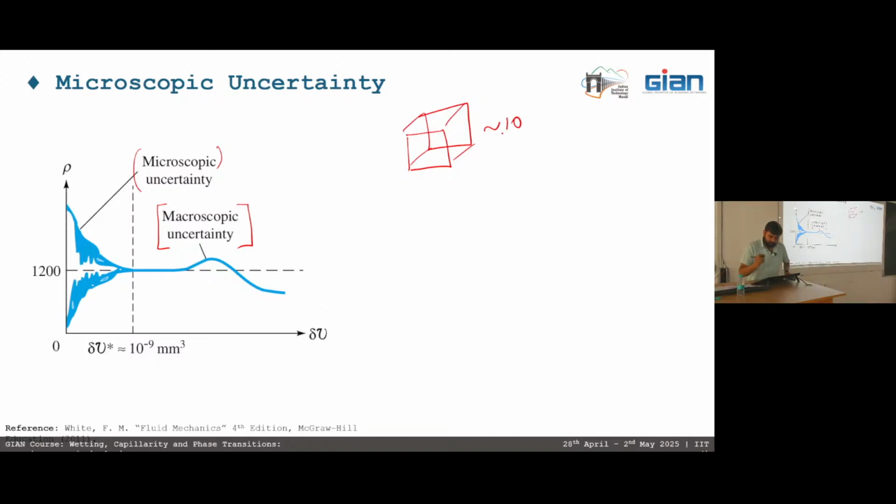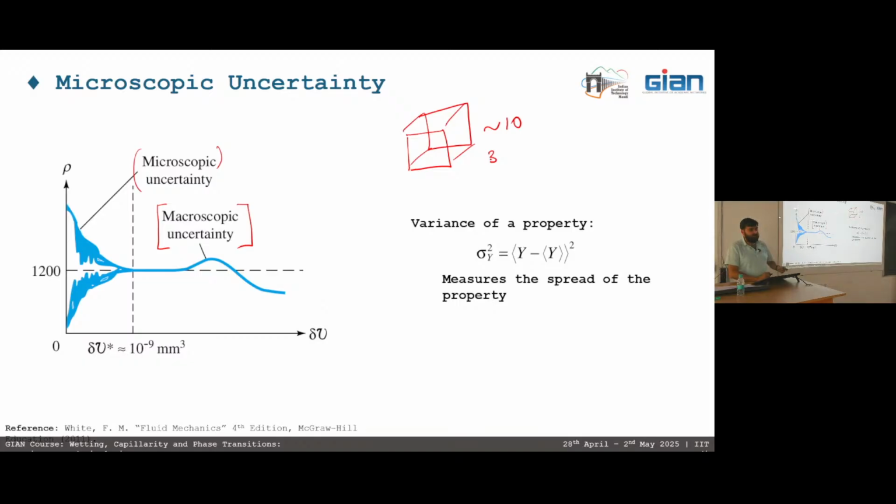So a fluctuation can occur where at any given time, 3 molecules leave this space and only 1 enters this controlled volume. So it means that there is a fluctuation of around 20% in the properties. That fluctuation is really high in such cases. To define the fluctuations in statistical thermodynamics, we basically use variance. And variance defines the spread of a given property.